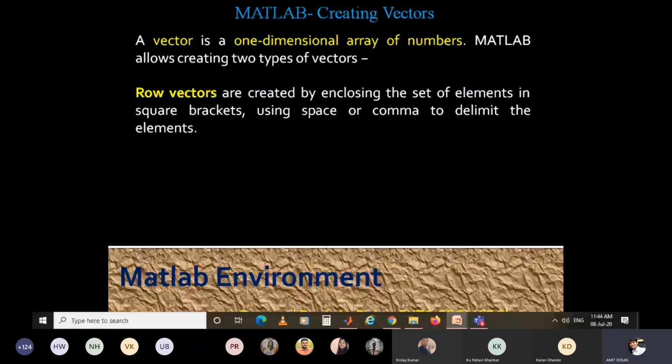Then, creating vectors. A vector is a one-dimensional array of numbers. MATLAB allows creating two types of vectors. One is the row vector, created by enclosing the set of elements in square brackets, using space or comma to delimit the elements. Both are allowed, space or comma.